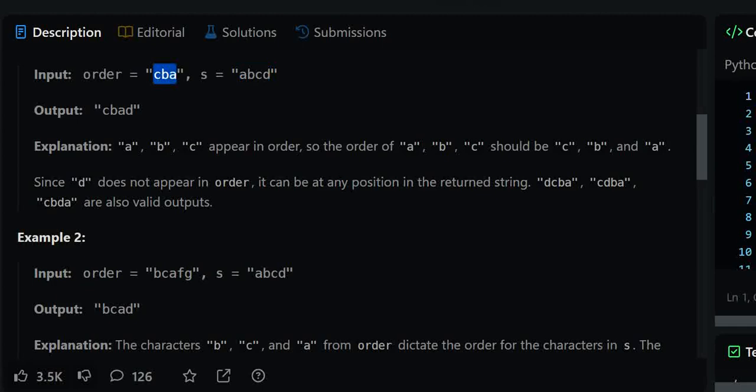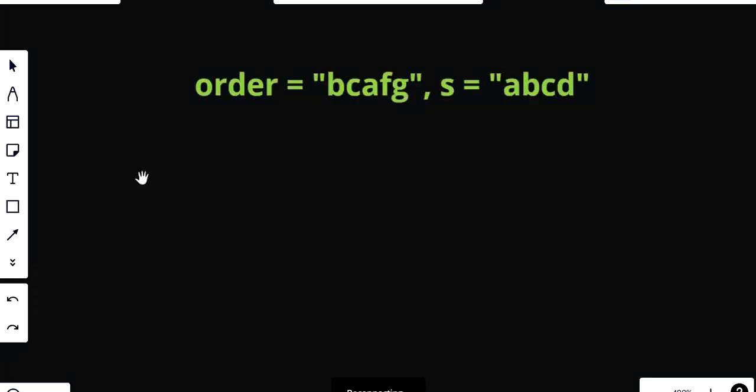So let's see how we can solve this question. We are going to use this example. In the order string we are given B, C, A, F, G, and in S it is given A, B, C, D. So we have to firstly understand what all things we need to focus on. In the question itself, there are a few characteristics that are given to us. Like the first thing is that we need to maintain the order